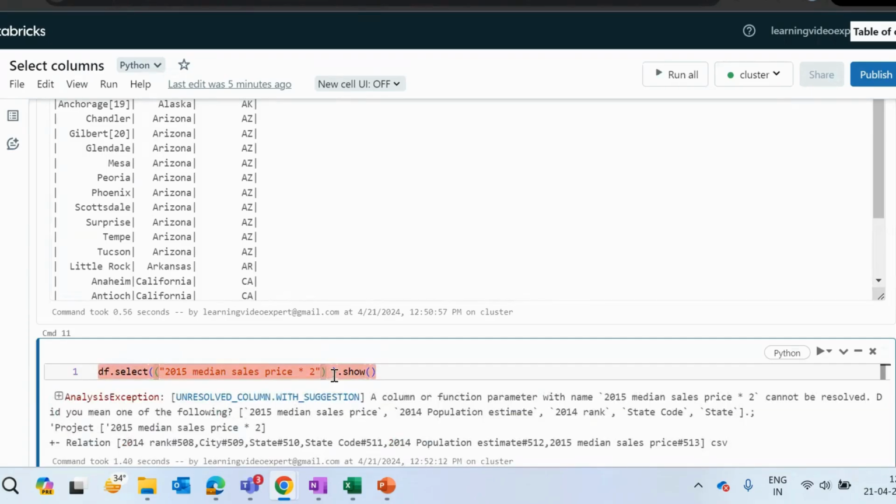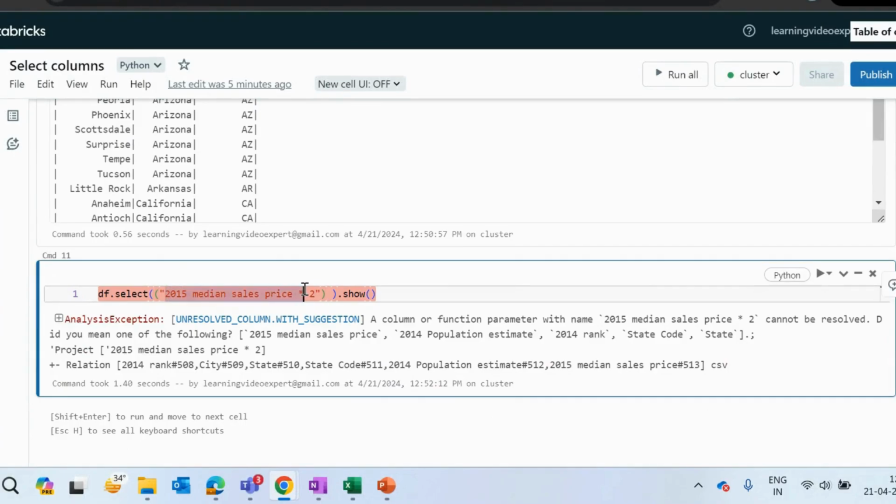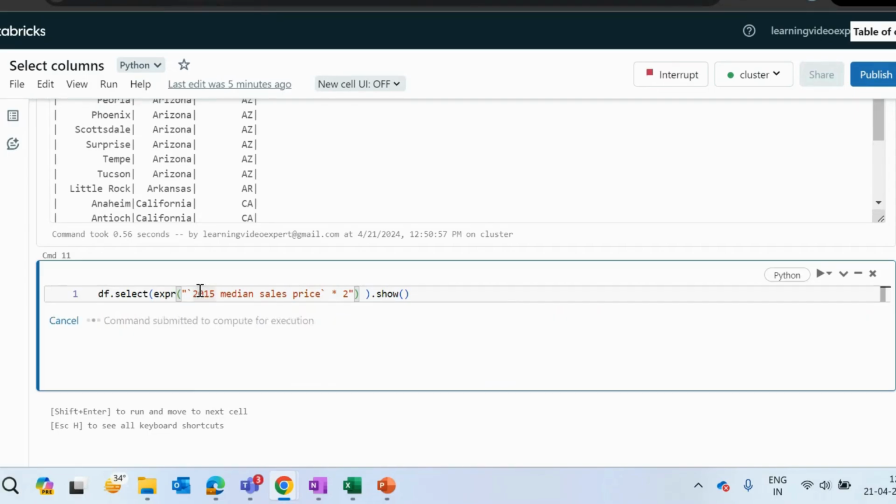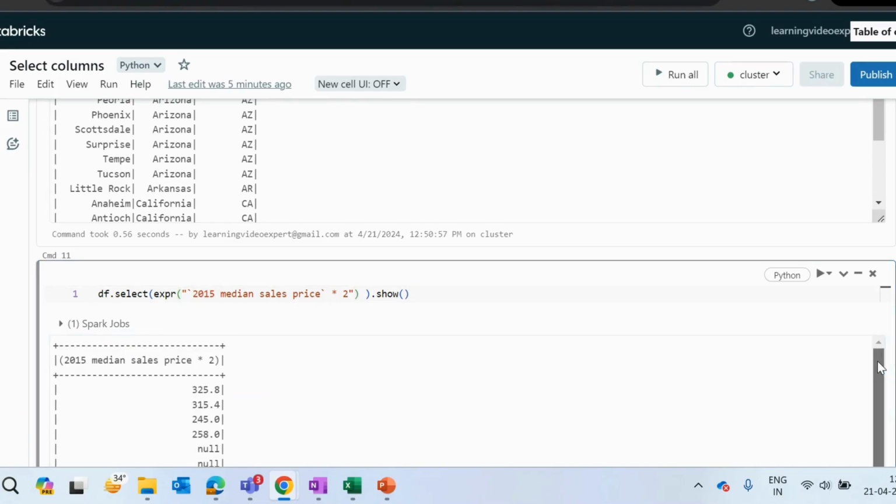See, what does it say? Inside the string, you actually mention your column name, right? But it says that it has taken this as your column name, that is, the multiplication of 2 also it gave you. So you don't want that multiplication of 2. So how can you resolve this particular thing? To resolve it, we have a method called expr. If you will see, this function is there called expr. If you mention this expression and then run this command, it is going to execute. It means it is treating this particular thing as an expression with this particular column name.